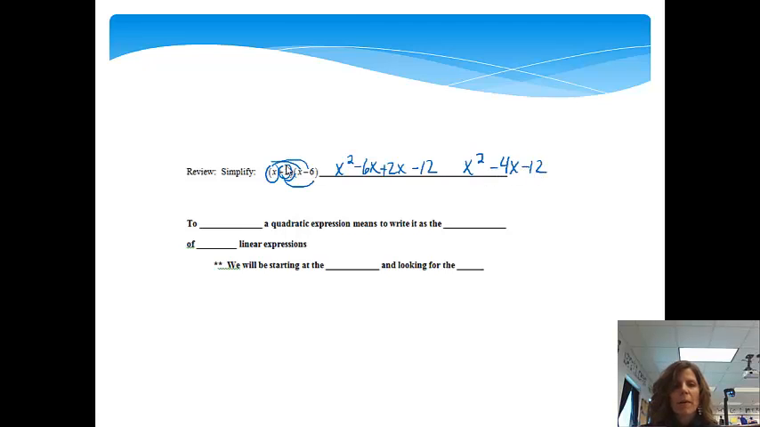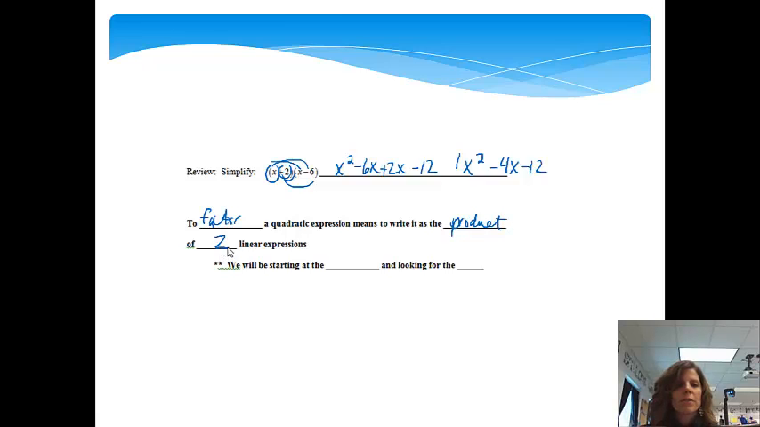So if you remember, that was just two binomials. And if you look at this, it actually turned into a trinomial. And when it turned into a trinomial, the leading coefficient would be 1 because 1 leads the problem. Right, what we're going to be doing is factoring a quadratic expression. So we're going to factor a quadratic expression, which means to write it as the product